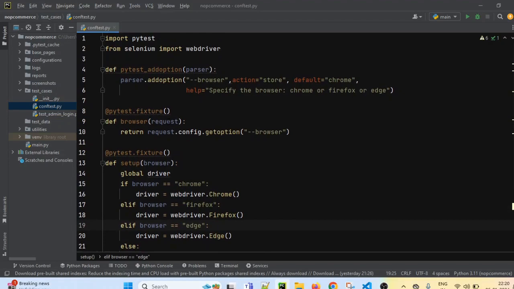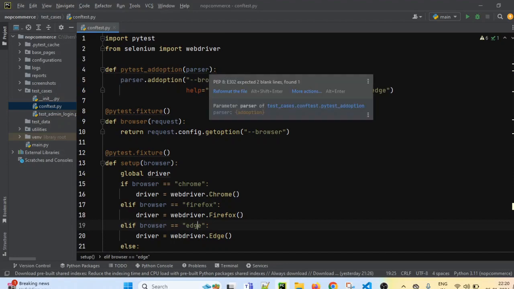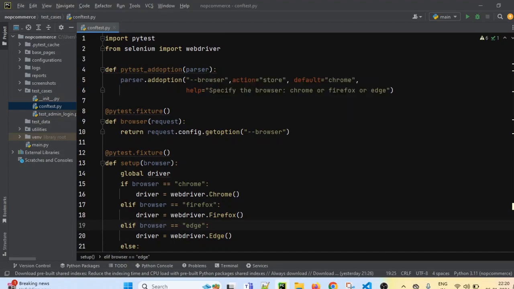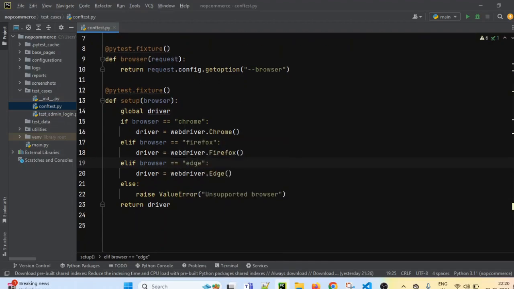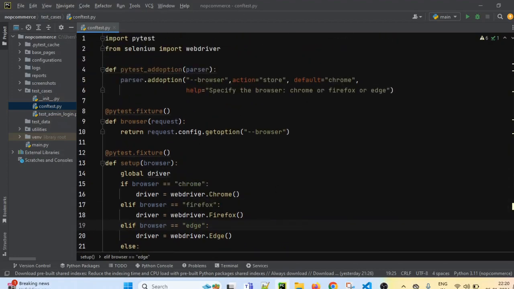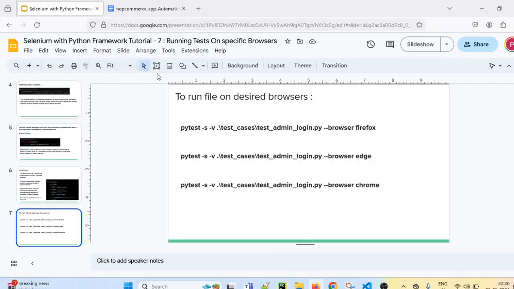So this is how we have to update the conftest.py file, in which we have added 2 fixtures, right? So we have to add 2 fixtures along with the pytest_addoption method, which is used to define the command line input of browser. Then we have created a pytest fixture of browser, which is accepting the value of the browser. And then we are passing that browser to the setup fixture, in which we are checking the name of the browser we are executing. We are creating the driver instance for that specific browser, and that browser driver will be returned.